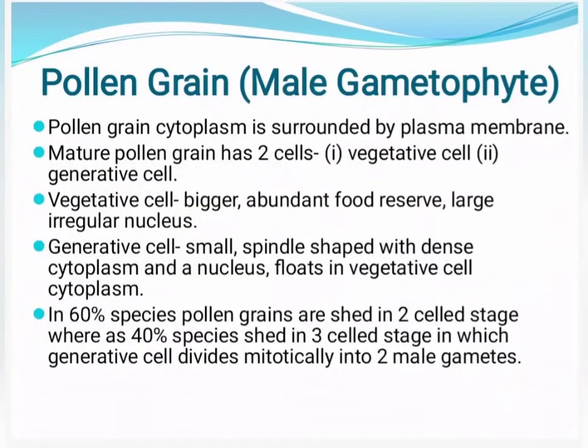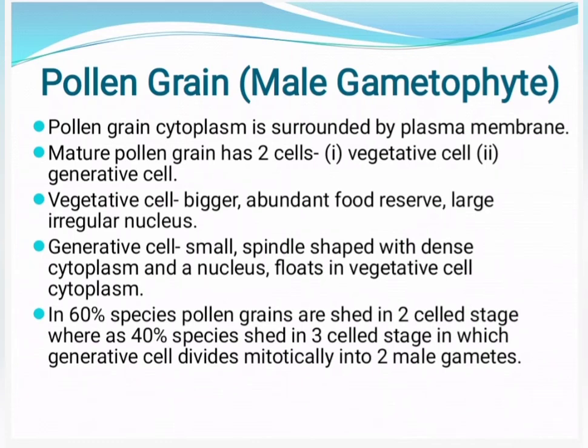Now the next point. Before discharge from the microsporangium, the nucleus of the pollen grain divides, forming a small cell called a generative cell, which is adjacent to the spore wall. And the remaining part of the microspore is filled with a cell called the vegetative cell. So that means when the nucleus of the pollen grain divides, it forms 2 kinds of cells. The first one is generative and the second one is vegetative, in which the generative cell is adjacent to the spore wall. In this 2-cell stage, pollen grains are usually released from the anther and reach the stigma of the carpel.